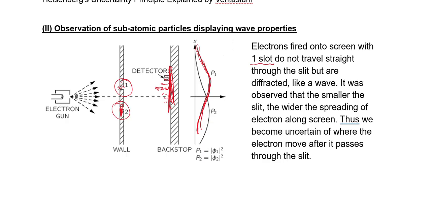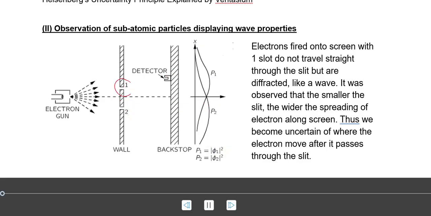The Heisenberg uncertainty principle says that if I shrink this gap, which means I make delta x smaller, then delta px, which is in this direction, must get bigger. So instead of having the graph that looks like that, and this is already the probability distribution function, what will happen is